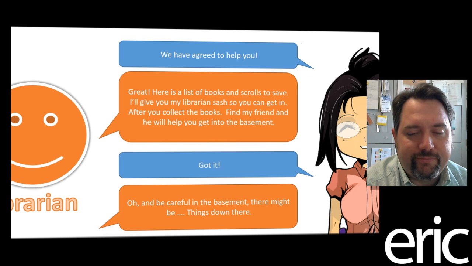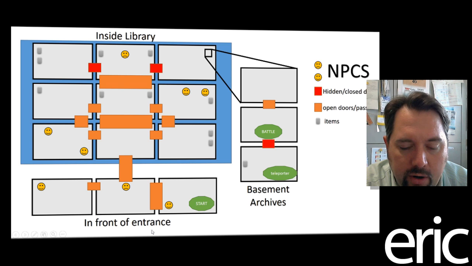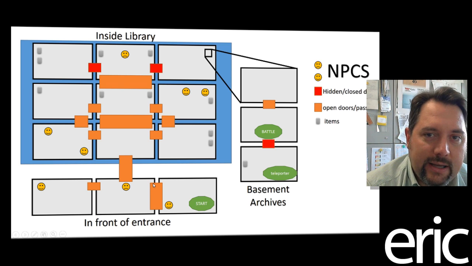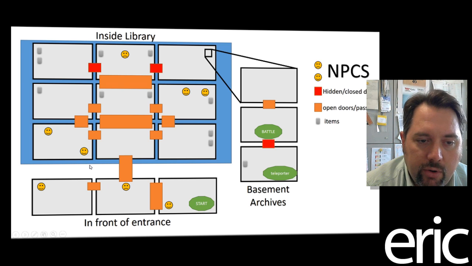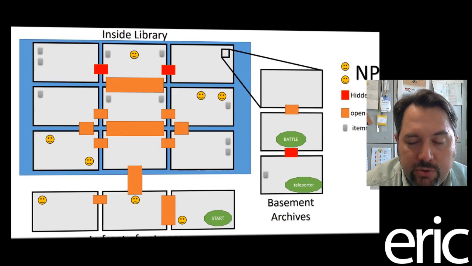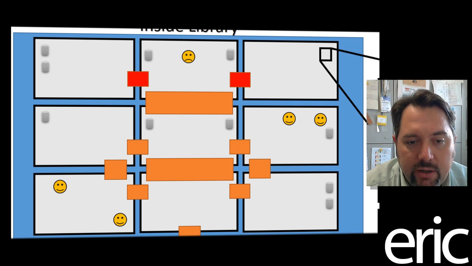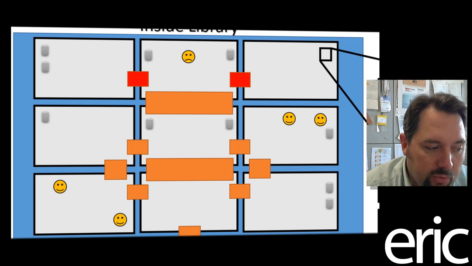He runs off. So now you have the sash. You go up to the guard. He lets you in. And from this point on, I don't have any exact dialogue for what goes on in here. There basically are two kinds of NPCs in here, librarians and soldiers. Some of them might tell you to get lost. Some of them might give you information about what's going on in the library.